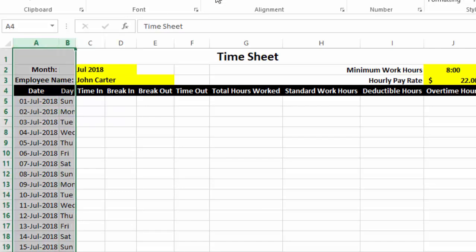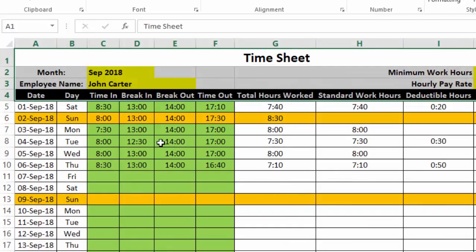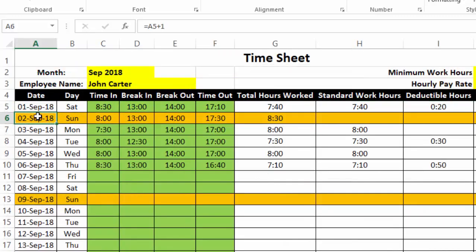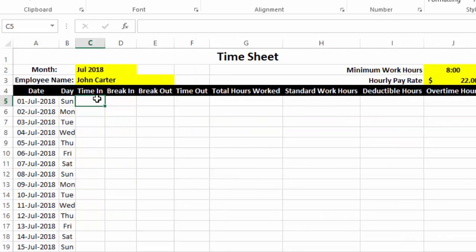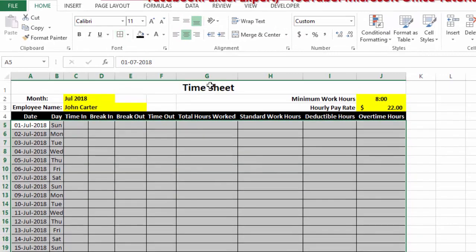So now, the next step. Suppose that this employee John Carter, as you can see in the sample timesheet, has a day off on Sunday, and in this timesheet we suppose that John Carter has a day off on Saturday. So we will select this complete timesheet and include borders here, and then we need to highlight Saturday, as we have supposed that John Carter has a day off on Saturday, so that we know that on Saturday we don't need to give any input, because there is no work on